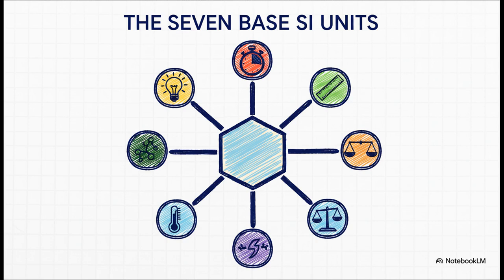So, to fix all this, the global scientific community finally came together and agreed on one single standard system, the Système International, or as we call it, SI units. And here is the truly amazing part. Every single physical quantity that we can measure, I mean, everything, from the speed of light to the air pressure in your tires, it can all be built from just these 7 fundamental base units. It's like creating an entire language with only 7 letters. That elegance is what makes clear, mistake-free communication possible for scientists no matter where they are on Earth.